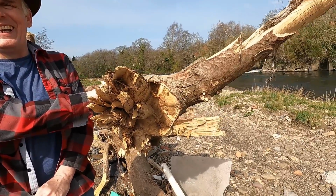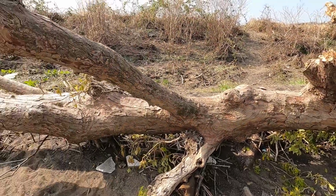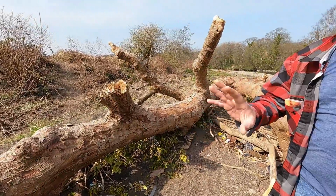It is. Now, for instance, there's a lovely bit of driftwood here. It's not a lovely bit of driftwood. It's a huge tree. If I show you behind, Phil, it goes all the way down there. It's massive. It's probably about 50 feet altogether. Yeah, that would be even too big for a garden feature. It would. So no matter what forms and shapes you may see in it, folks, it's not going home with